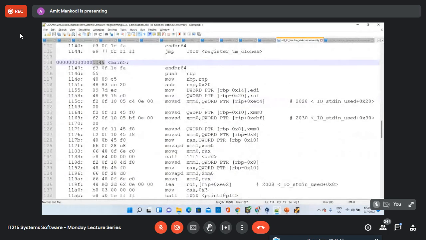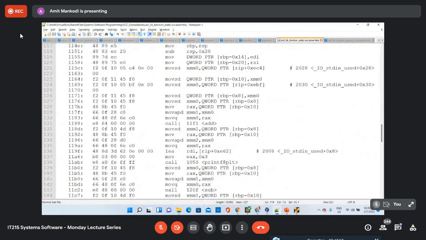Now, when you look at the main function code, you will notice that there is a call to the add function here, right? And it is saying that you go to this particular address, 11F1. Now, this is the disassembly of the executable file where we had linked the static library, the .a file, right?